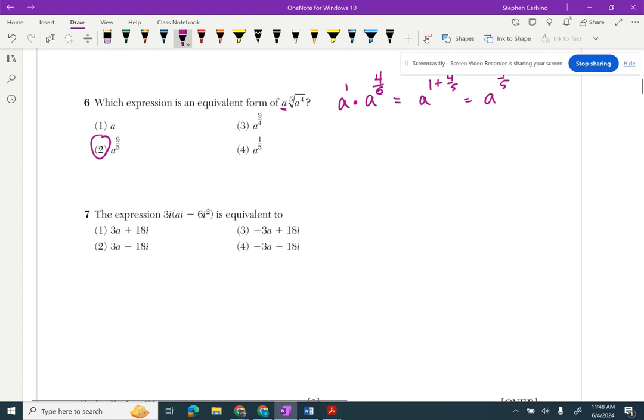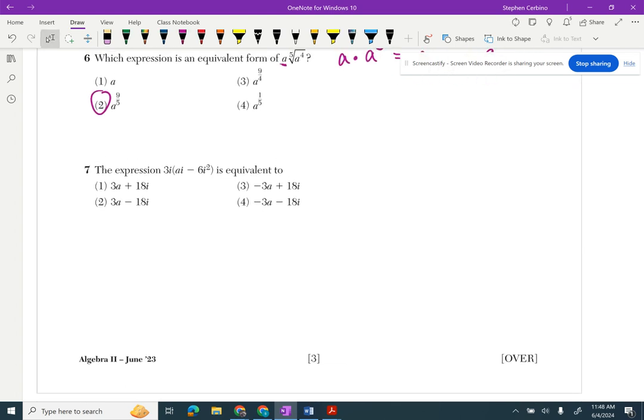Number 7 is one question where you can't really use the calculator too much. You really need to know some rules here. So if we distribute the 3i in, we get 3ai squared, I times I is I squared, minus